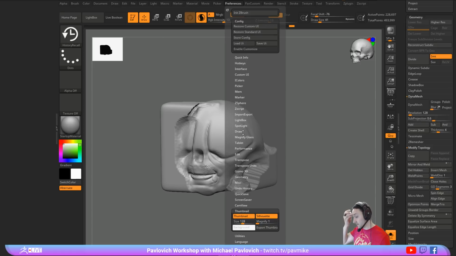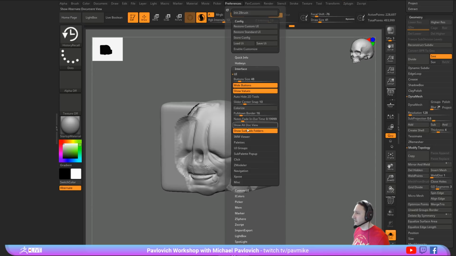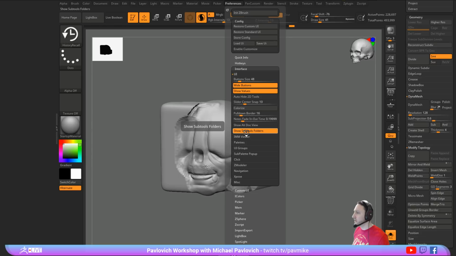basic ZBrush basics I sent out earlier, that intro to ZBrush ideation. There's settings in here where you can tell it to auto close or not auto close. I want to say maybe interface UI, show subtool folders. No. Auto hide, no. Somewhere